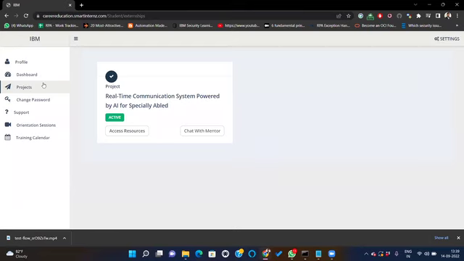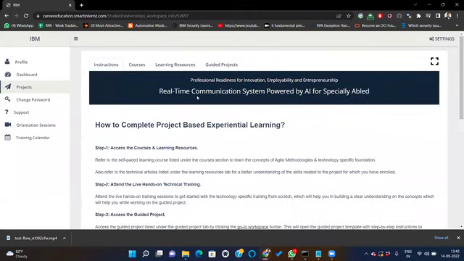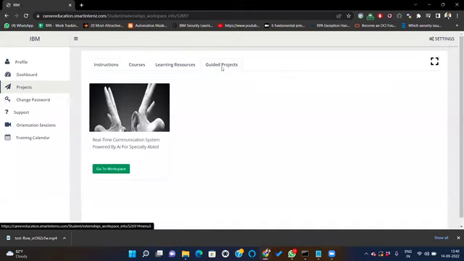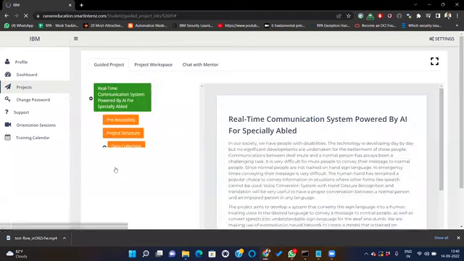So once the team leader logs into his or her account, they need to click on projects, then access resources, then guided project. In this guided project, they'll be able to see the project they have enrolled for. Just click on go to workspace.